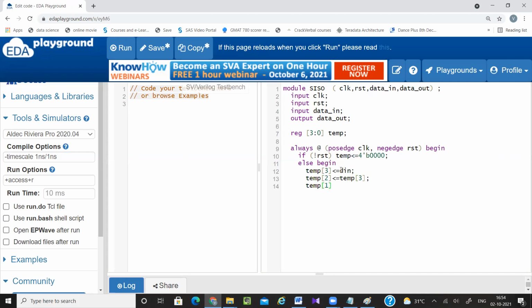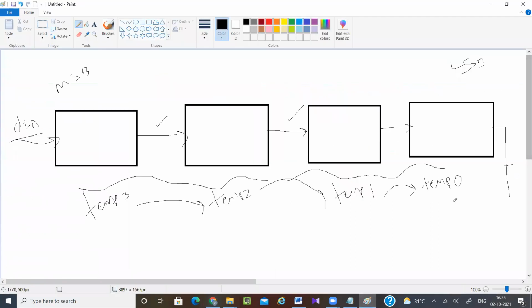Then temp of 1 equals temp of 2. Then temp of 0 equals temp of 1. Now what is my output? My final output comes from temp 0.